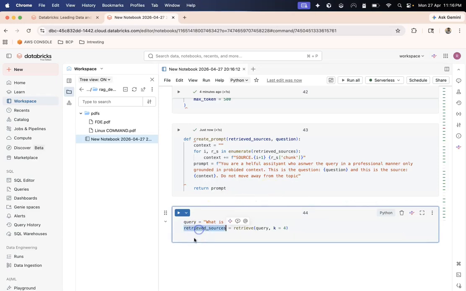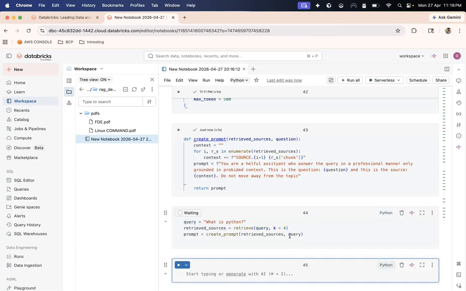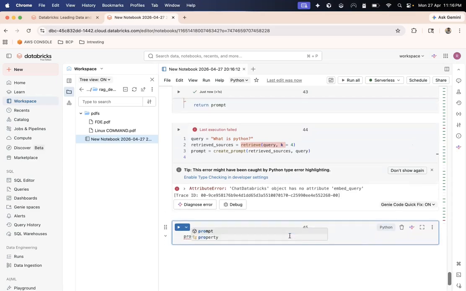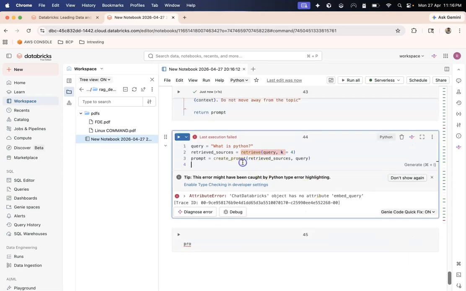Now I have got the retrieved sources. Let's build the prompt. Prompt is equal to create prompt. It will take the retrieved sources and it will also take the query. Okay, and let's run this and print the prompt. What is happening?